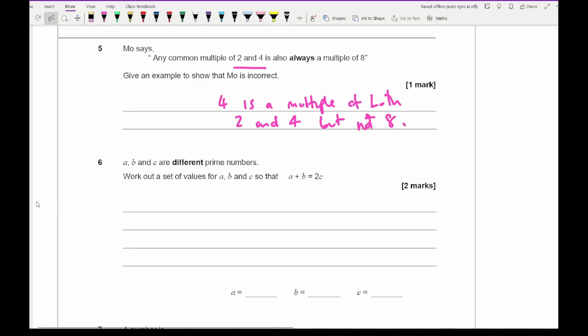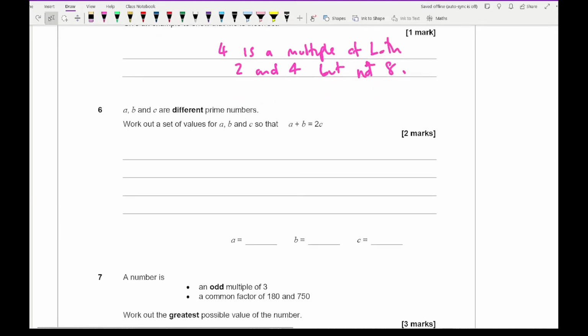Then for question 6, it says A, B, and C are different prime numbers. Work out the set of values for A, B, and C so that A plus B equals 2C. Now again, there are several different combinations you can go for. I'm not going to go through all of them, but I would say the most common answers are probably the